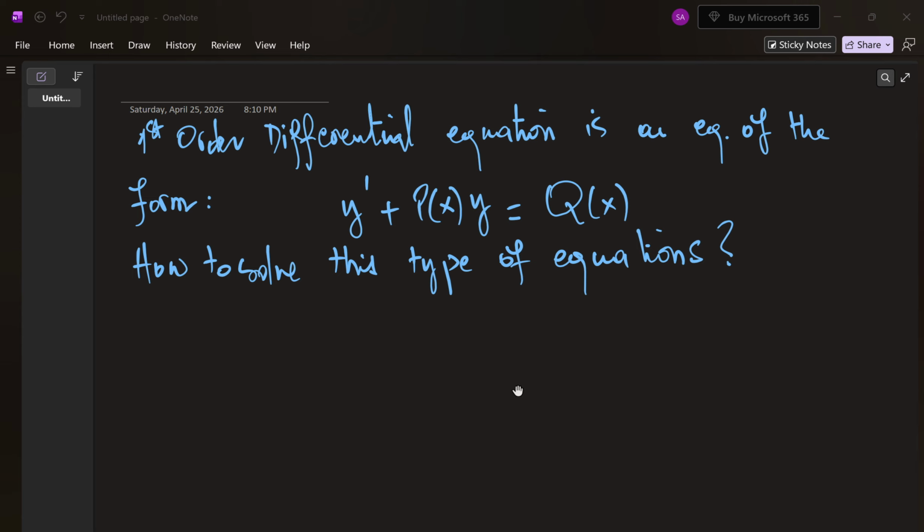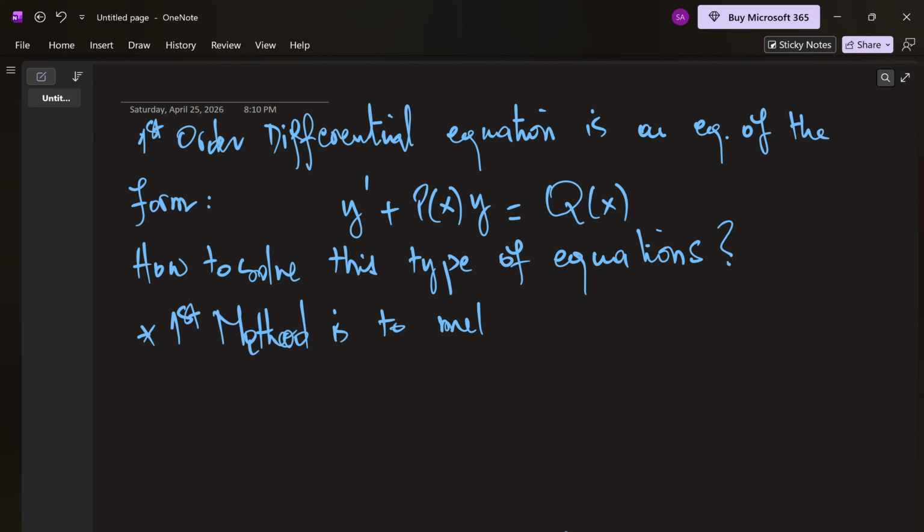So how to solve this equation? There are 2 methods. I will give you the first method, which uses the integrating factor. So the first method is to multiply the equation by